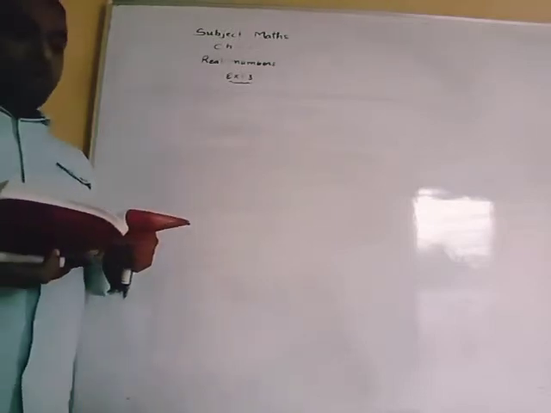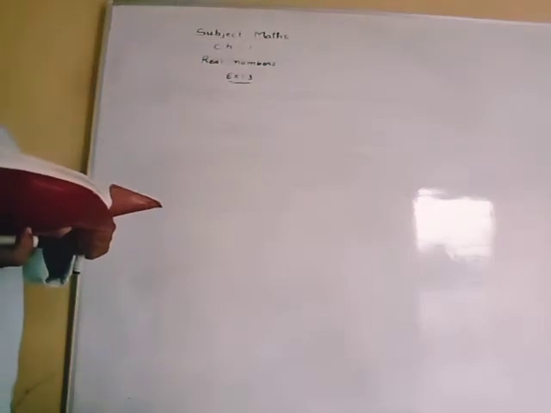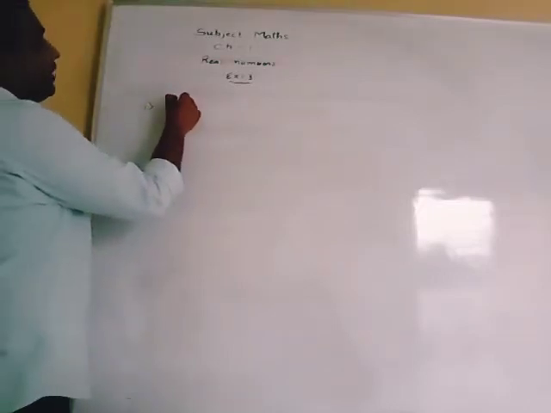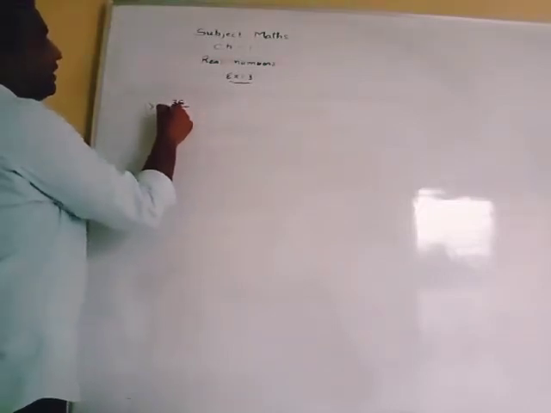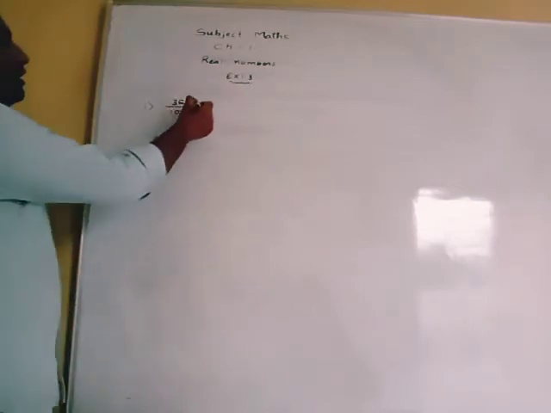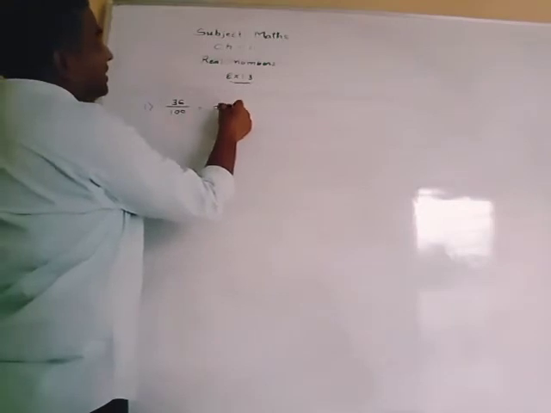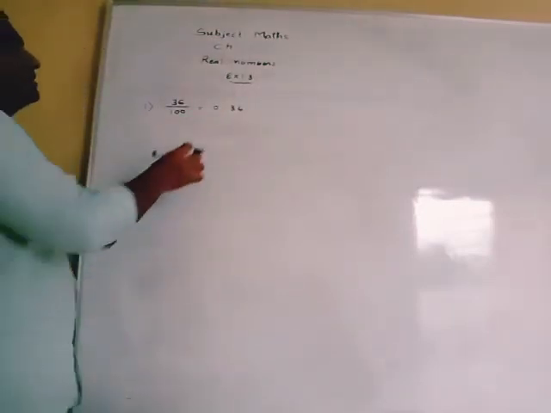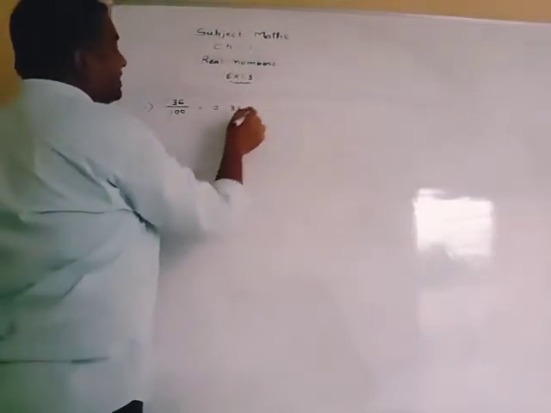So question 1 is there. Write the following in decimal form and say what kind of decimal expression each has. A few fractions are given that we have to write in decimal form. So 36 by 100 we can simply write as 0.36, and its type we have to write, so we can say that it is a terminating decimal.